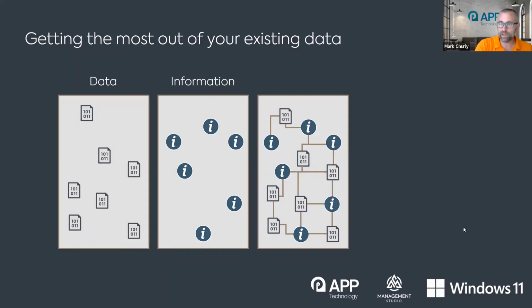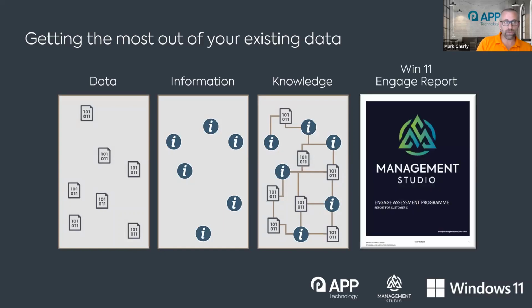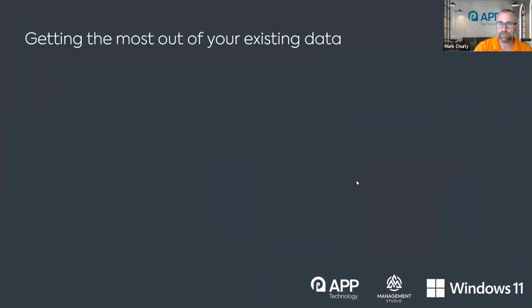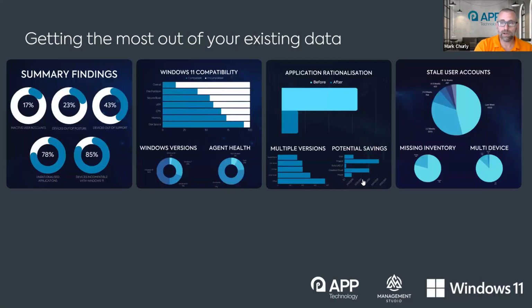What we do within this engagement is pull all of that data and information together into knowledge, and we use that knowledge to create your Engage report. With this, we can take all of the information that exists in your estate and pull together some insights into your environment. Now, in terms of getting the most out of your existing data and what you'll get out of this,